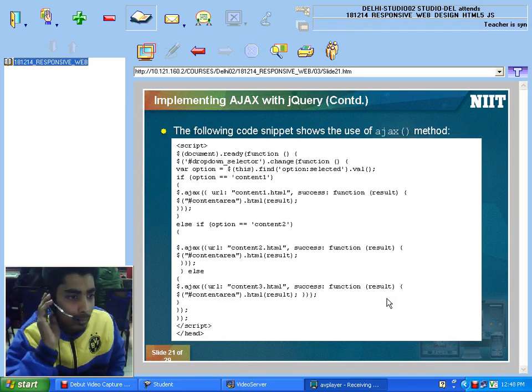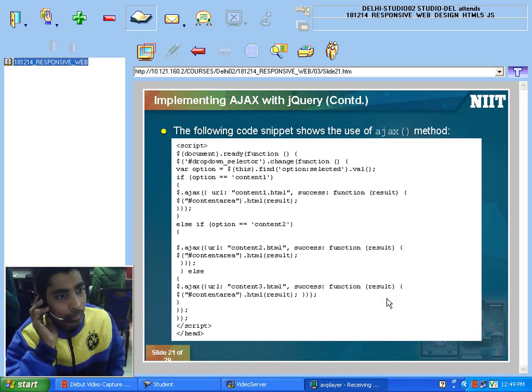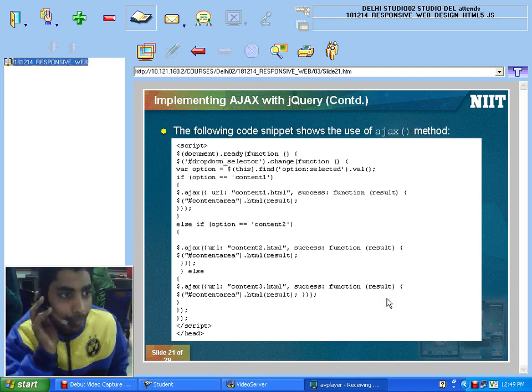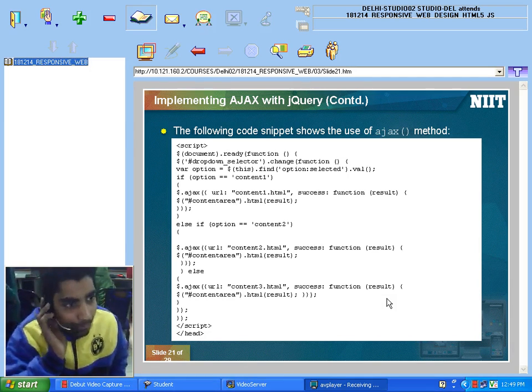Over here URL is the first parameter, and the second parameter is this. This is just a mapping. If you remember the mapping, I gave the example of the event map, and in that event map I just give the name of the event and then the name of the function. So over here I use the same approach. I use URL as the parameter inside the Ajax function, and the value is this. Are you getting my meaning? Yes, okay, thank you.